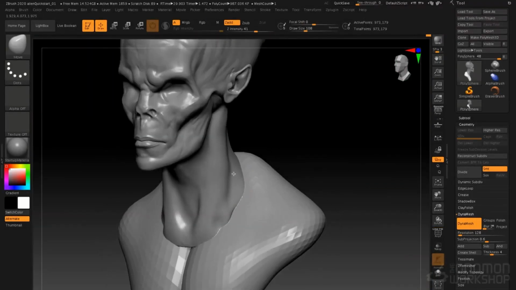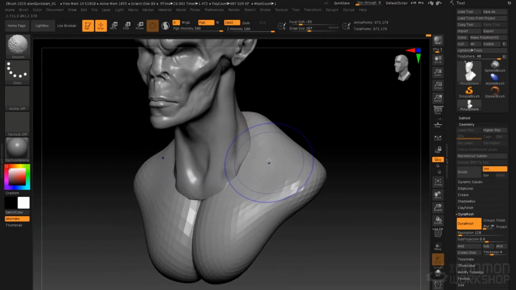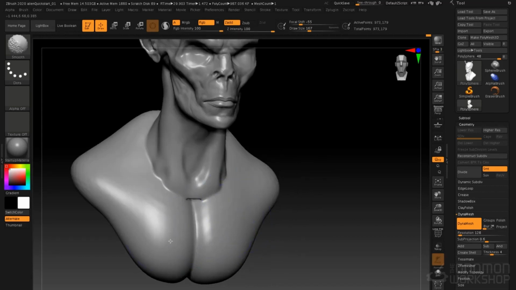So let's go out of frame mode with Shift F, turn our brush size up, go to the smooth brush, and let's just smooth back those facets. There's no actual faceting in the geometry, that's just an artifact from where we had the faceting in the original mesh. Go to our clay tubes brush, let's build up the sternum,